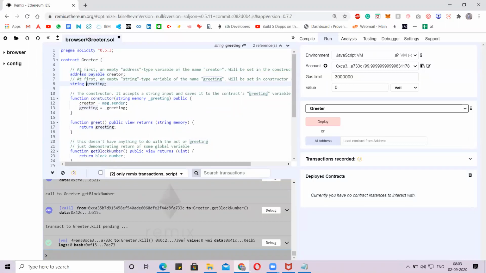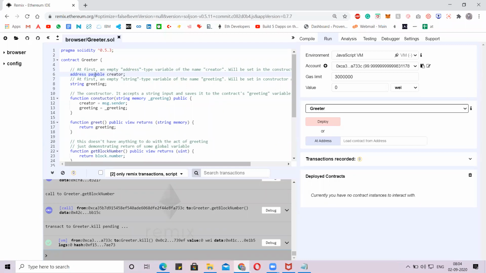Then there is a predefined syntax called address where we can pass the address. We are passing the address to the creator. The variable creator is capable of handling an address, and payable means that the address in the creator is capable of doing a transaction.